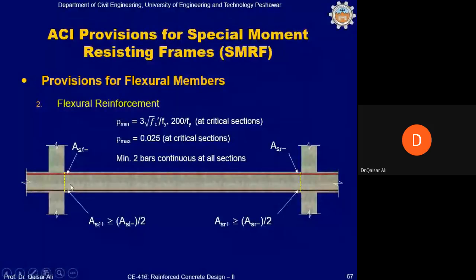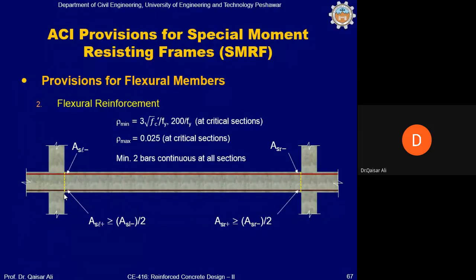Okay, these are the bottom bars, and from the design calculations, top bars are, let's say, 8 bars. So these 3 bars are not 50% of the 8 bars. So according to this criteria of the ACI code, 1 bar shall be added to this, although the calculated bars are 3 from the design. Okay, so 1 bar shall be added to make this connection efficient, and this connection will only become efficient,